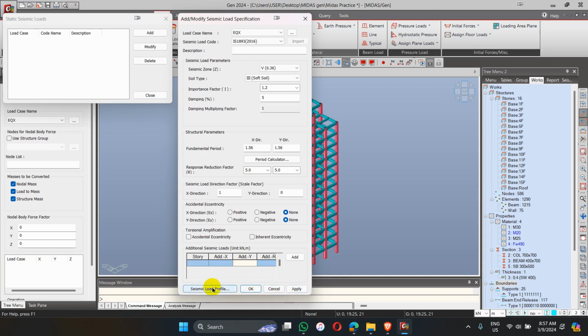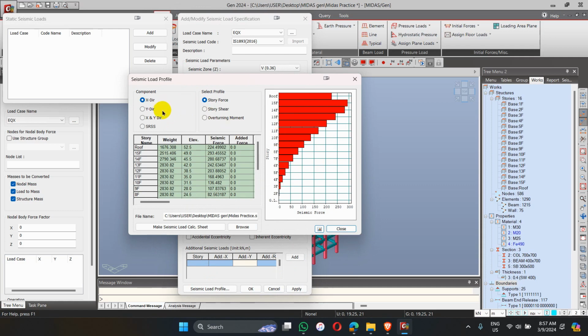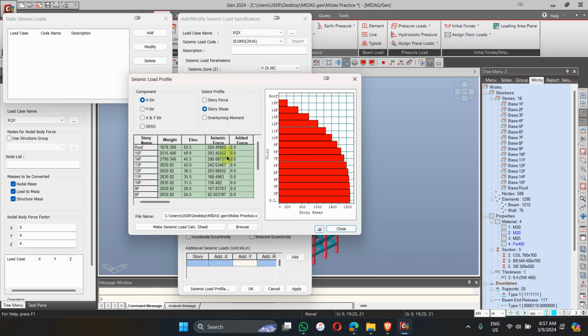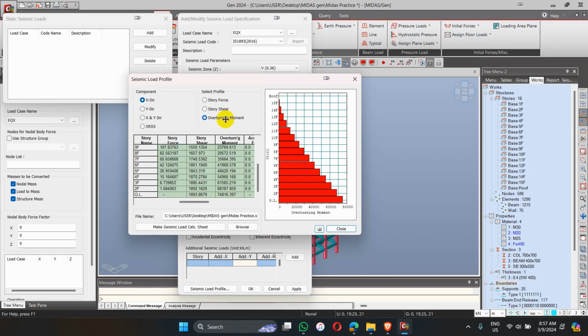But before that, if we see the seismic load profile, we see the applied load in x direction. These are the lateral forces or seismic forces induced due to the earthquake loading application. And this is the story shear profile we see. And if we see the base shear here, the base shear is 1893.8679 kilonewton, and the story moment is this one. And this is the profile of the overturning moment,